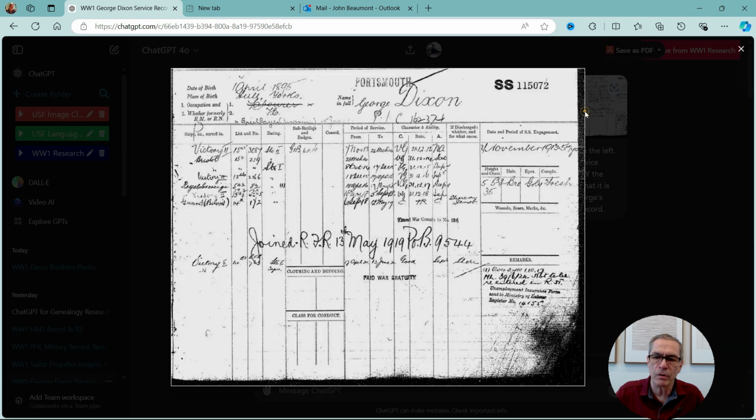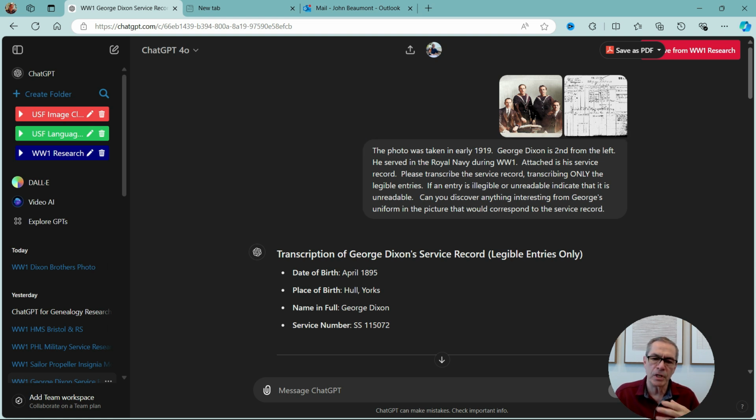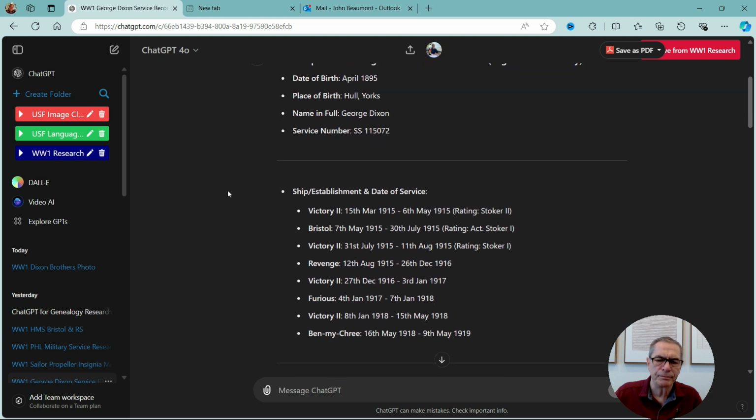There's some things that are not legible there, like this and some of the others, but it's mostly legible. And can you discover anything interesting in George's uniform in the picture that would correspond to the service record? So I've asked ChatGPT to look at the service record, to look at a picture and see if we can correspond it. Now, as it goes through the transcription, some of the details are correct, but some of this here,